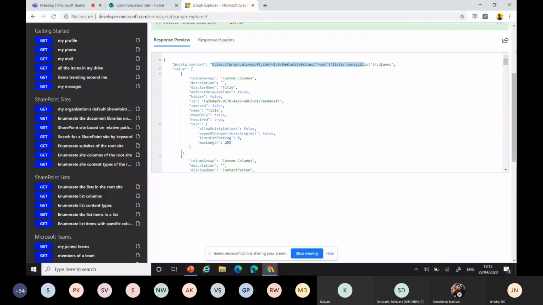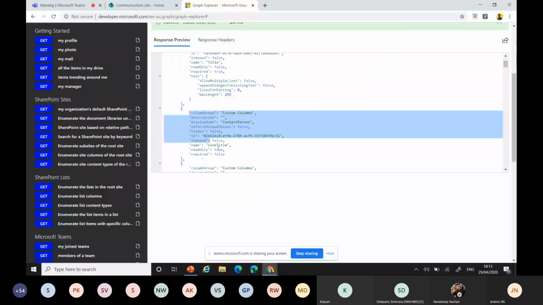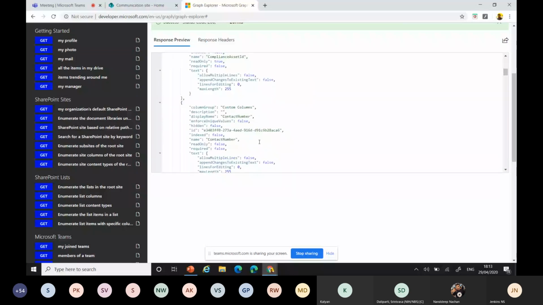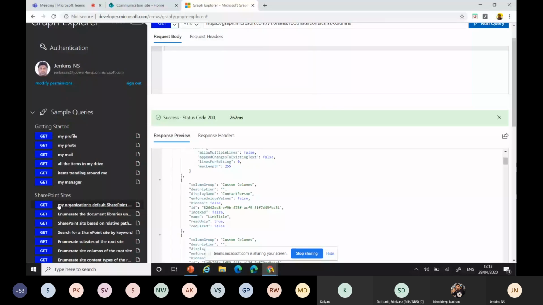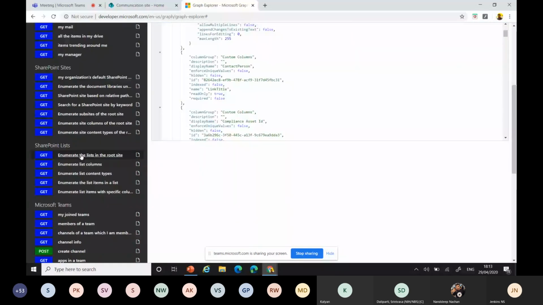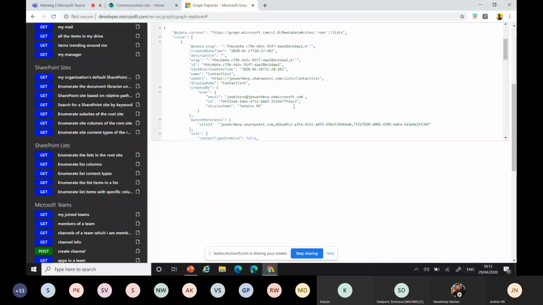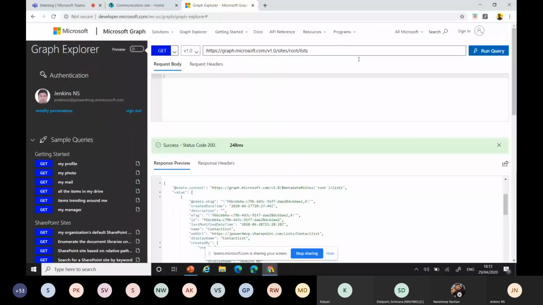You can always remember that this is the API path for a particular item. Sites, with this being the root site, is the reason it's showing root. Otherwise, you can pass the corresponding site name with the extension. Then the list name and the columns; you can bring in the column values here. And if you want to get all the field items, you can get the field values. Everything you can bring, and at the site level, we can get all the lists under this site. You can get it.